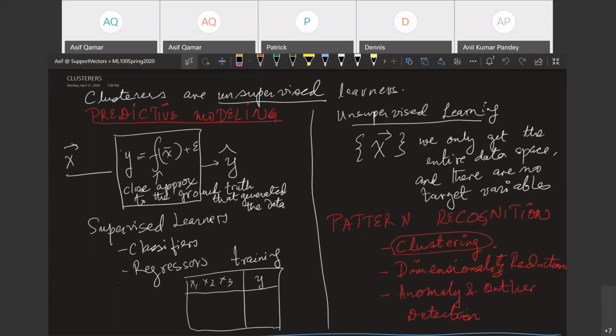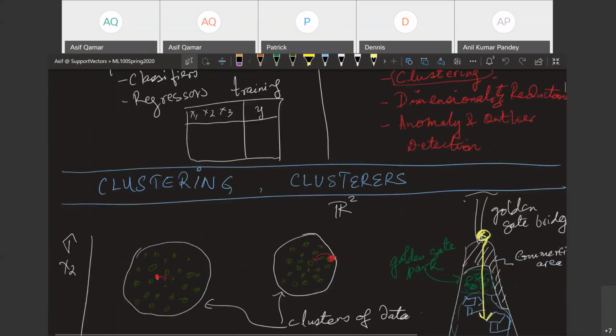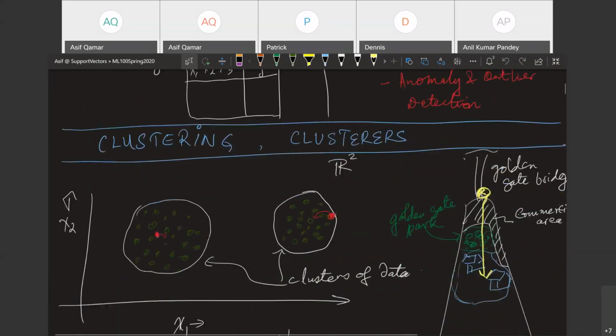Usually, you do have clusters in the data. They may be good quality clusters, or they may be not so well-defined clusters. But generally, data does not come as completely homogeneous. It's rarely like that. Most of the time, you do see patterns and clusters in the data. So the two kinds of patterns that we are covering in the ML100 workshop are dimensionality reduction and clustering.